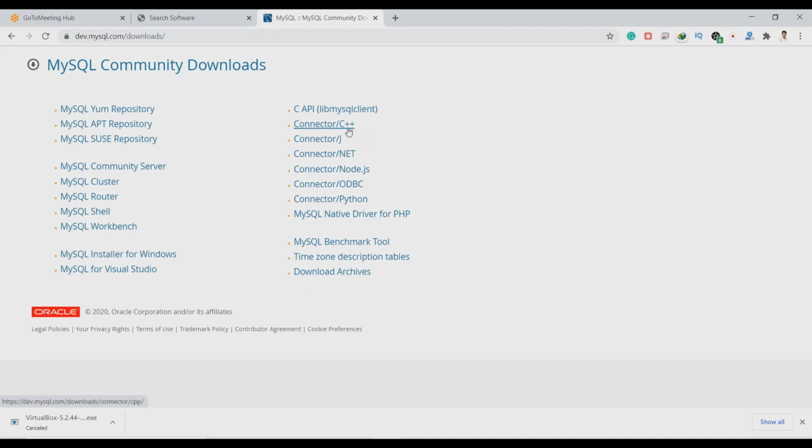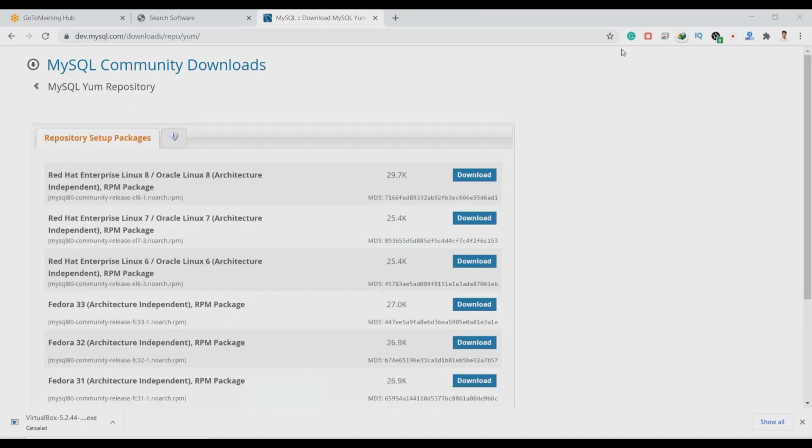If you want to install it on a Windows operating system, download the MySQL installer for Windows. For Linux, download this file, MySQL yum repository. Click on that. Now, when you come to this particular page, we are going to download, since we are going